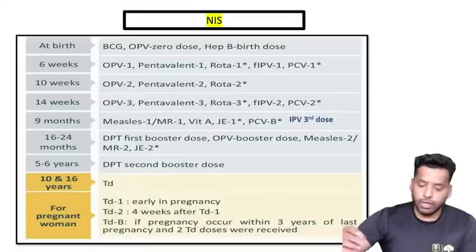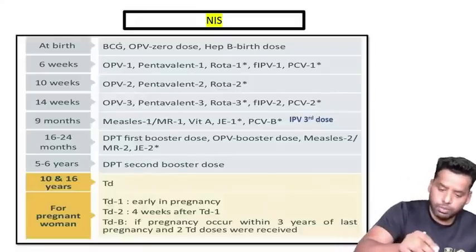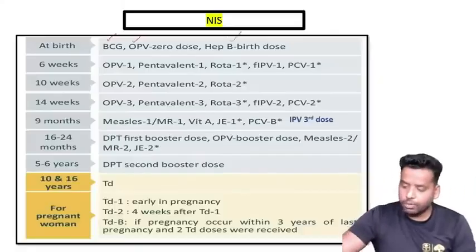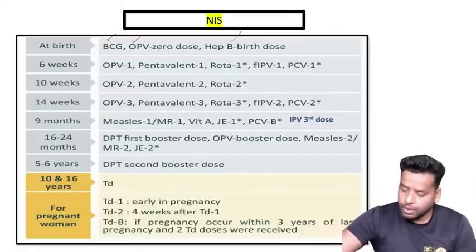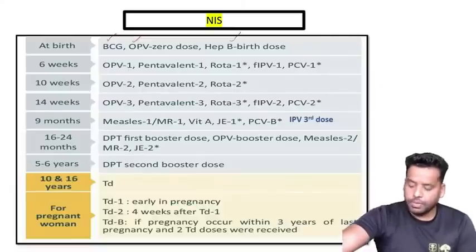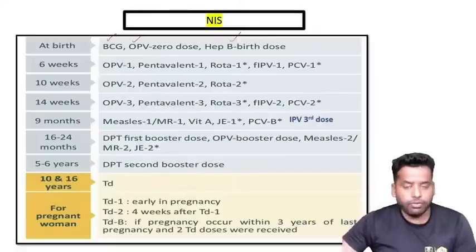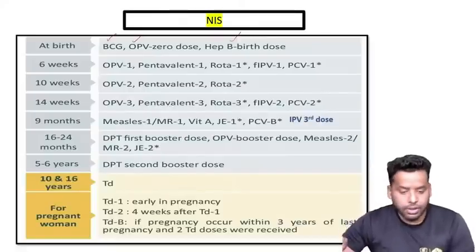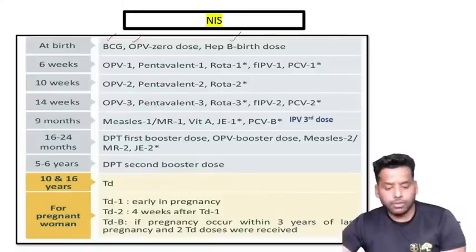At birth, we are giving 3 vaccines. The mnemonic is BOB: BCG, OPV 0 dose, and hepatitis B. Hepatitis B should be given within 24 hours. Then comes